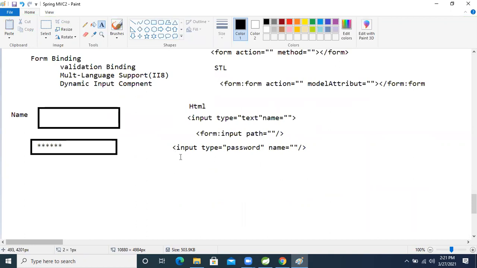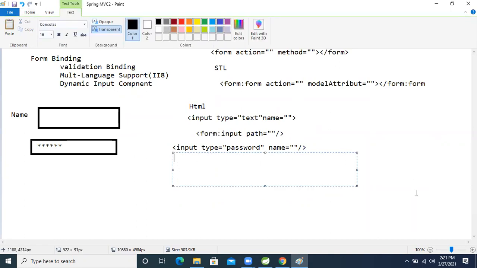But whenever we use the Spring Form Tag Library, we write it like this. We write form colon password, not input. Directly we write form colon password.